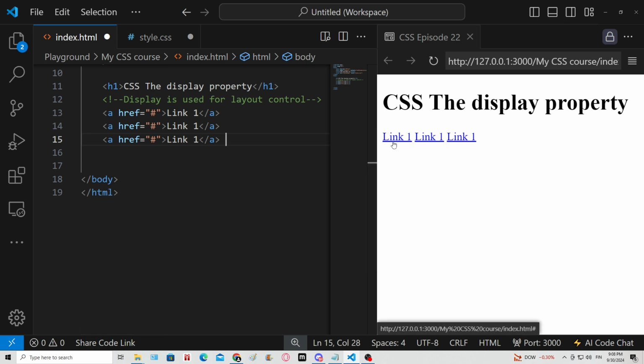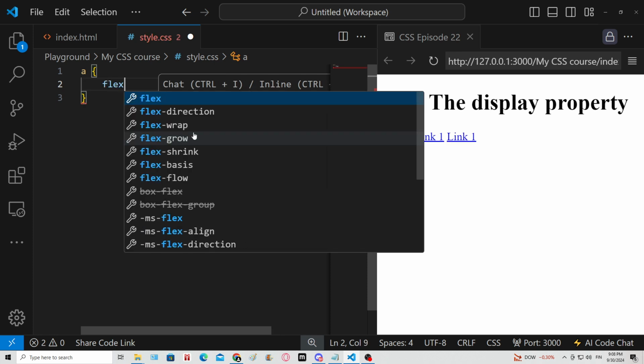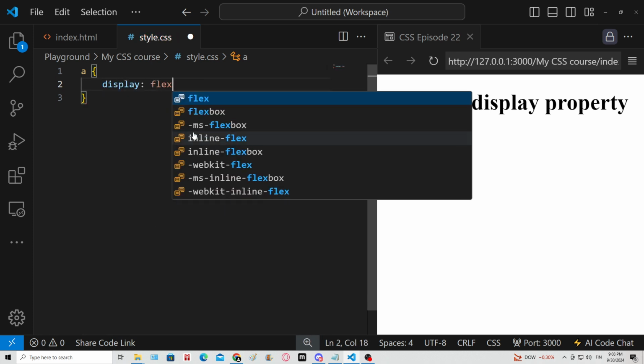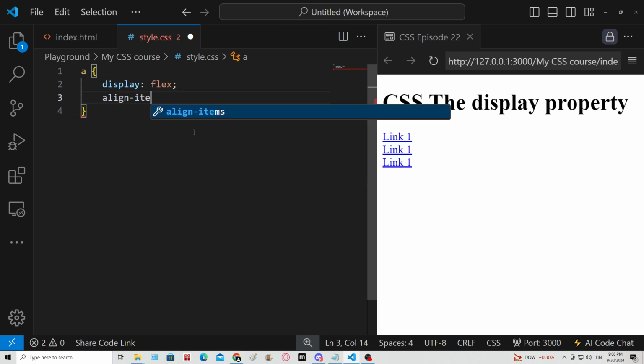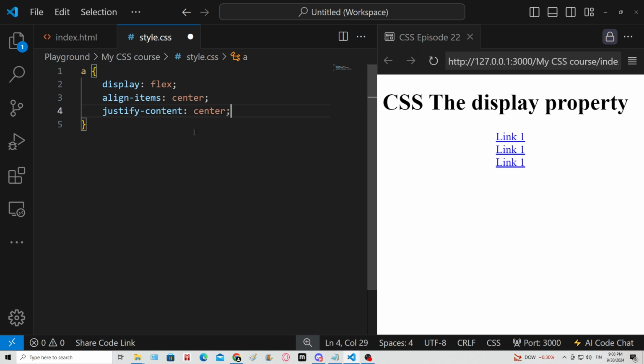I mean a row layout. So yeah, if we want to change this, we can take all the anchor tags and say display block. Now they will be set to be in a column. Another way we can do this is use display flex, align items center, justify content center,